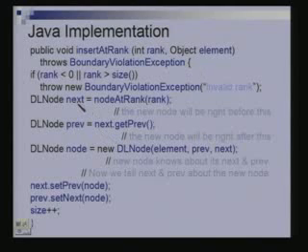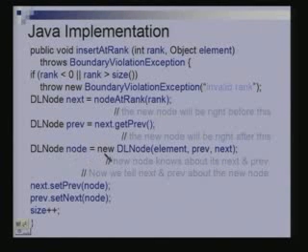I get this node at rank 2, I get to the previous node of this node. So this is the node at rank previous to rank 2, which is at rank 1, and the new node that I have to insert has to be between this and this, right? So I create the new node and I set its previous field to refer to the previous node, and I set its next field to refer to the next node. This was the node at rank 1 and this was the node earlier at rank 2,